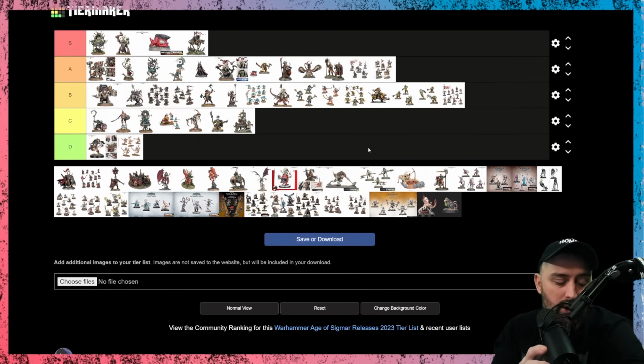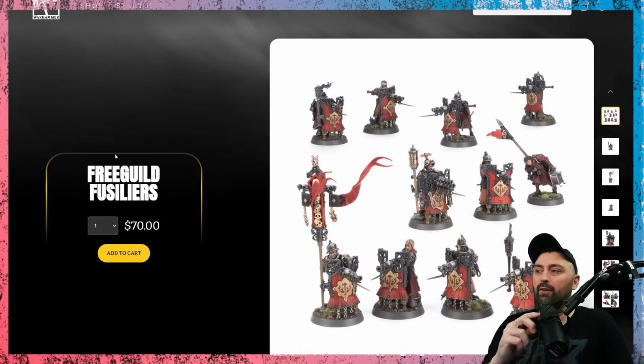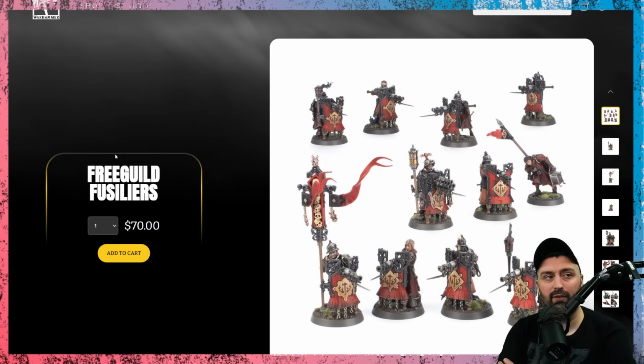But Games Workshop can't sculpt horses. I'll say it live. I'll say it right now. Next up are the Free Guild Fusiliers, and I think these have caused some contention, and I think quite rightly so. Shout out, number one, to the thing that I want most units to have in the future, which is